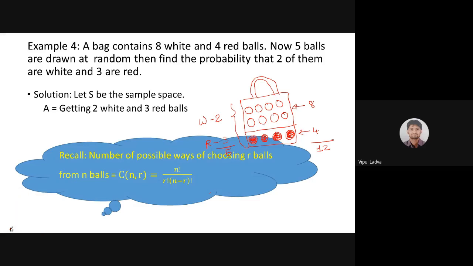Wait. Oops. So we need to interact with this NCR. Now let me clear that particular thing by that notation NCR. You can also use this notation, NCR, or NCR. All these three notations are the same, and this is the formula.